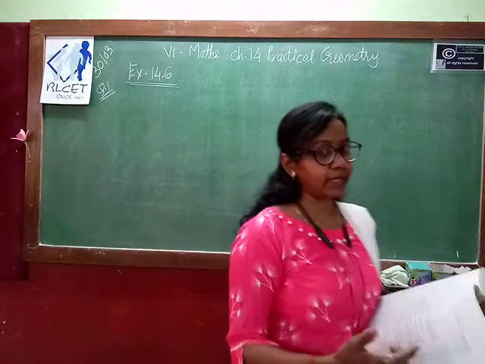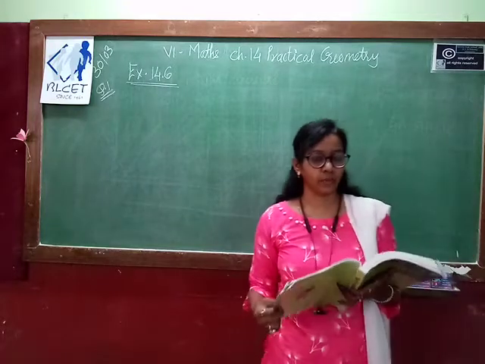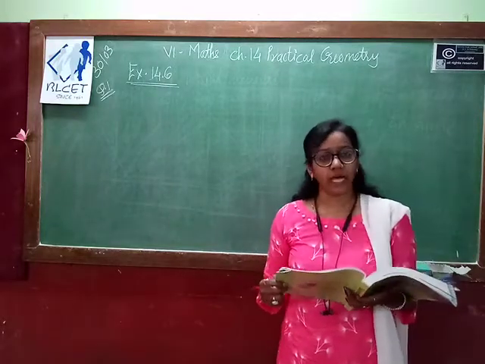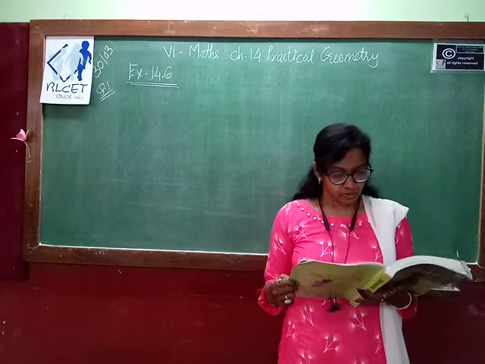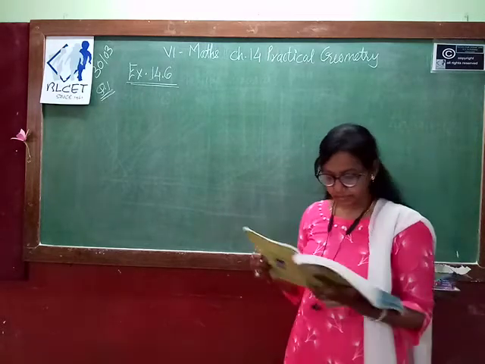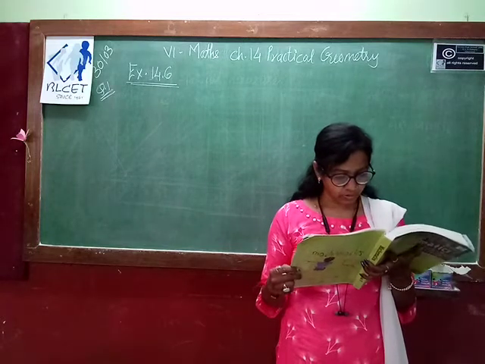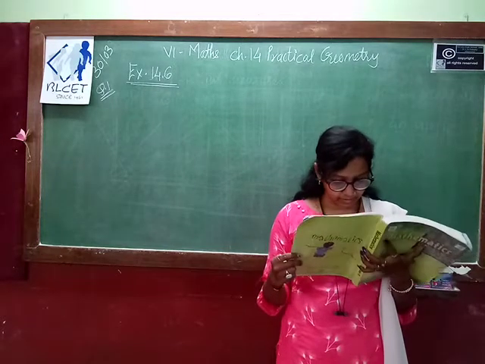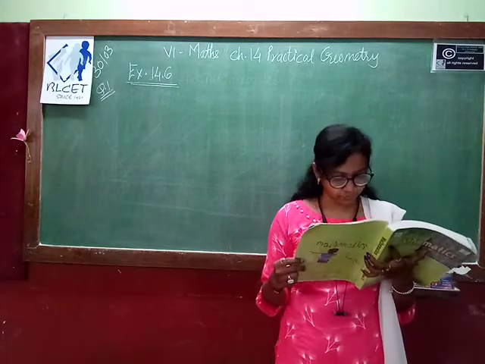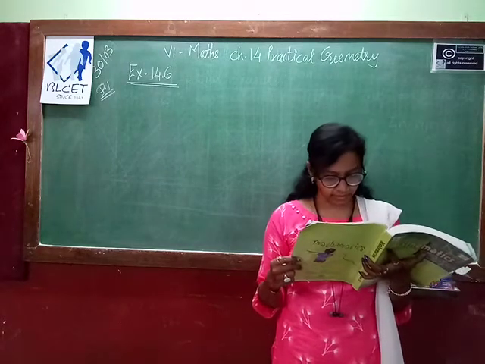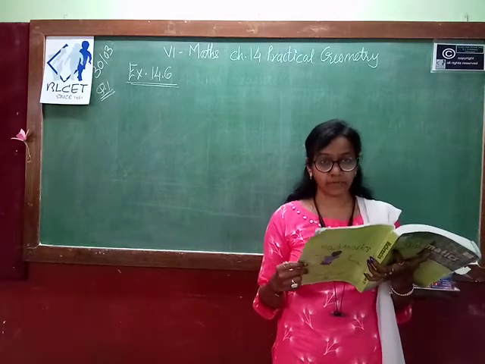with these kind of angles with the help of compasses and ruler, and also with the help of protractor. So on the basis of that, now we will discuss question exercise 14.6, first question. So the question is, draw angle POQ of measure 75 degree and find its line of symmetry.